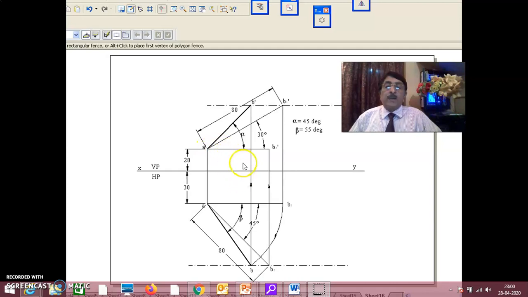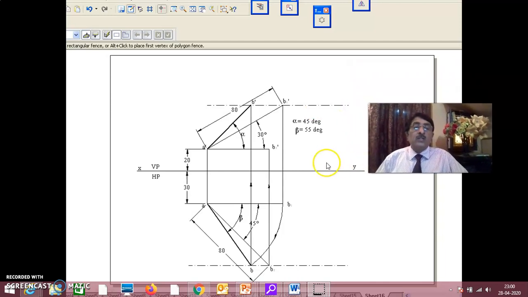Okay. In some of the problems, I'll change alpha itself. Alpha if I change, projections will change. In that way, alpha is a parameter. Beta, in some problems, I'll change beta. Beta, if I change, the projections, front to top view will change. In that way, beta itself is a parameter. Front view length is a parameter. Top view length is a parameter. Correct? And this is the locus.